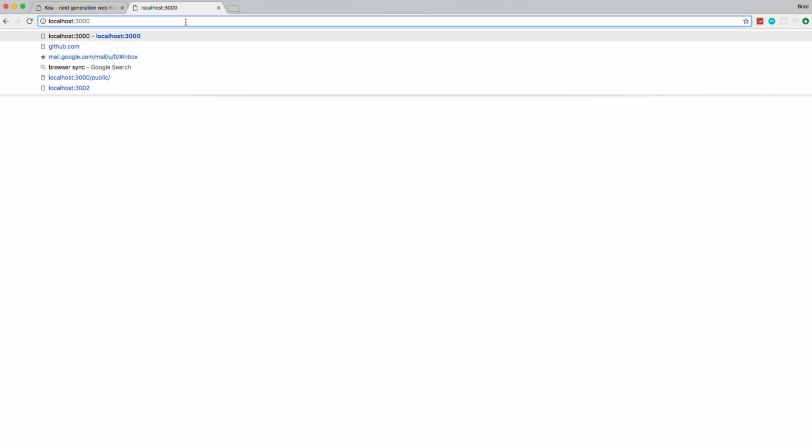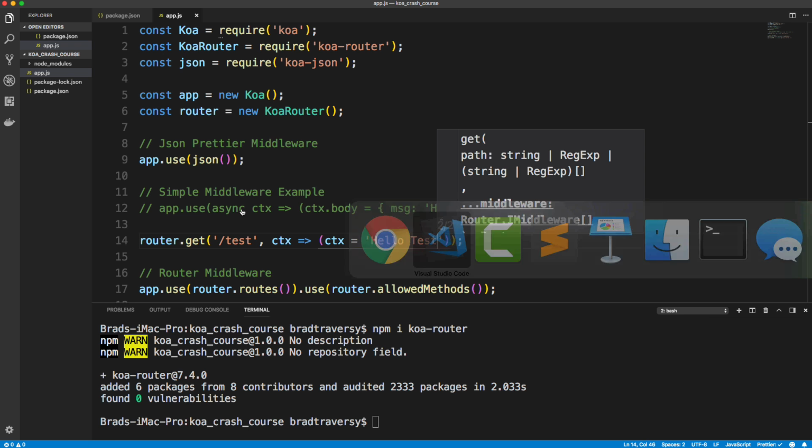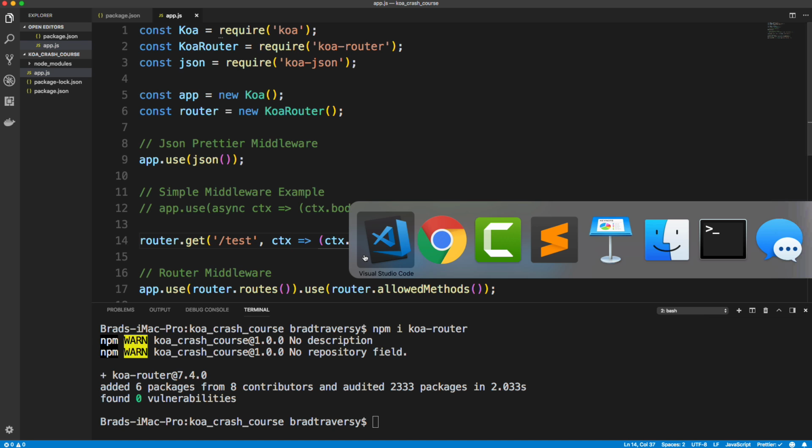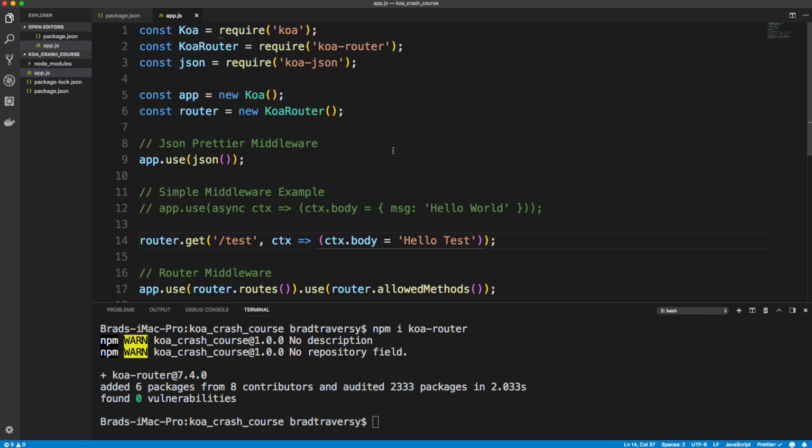So let's say localhost:3000/test, and it didn't work. Why is that? Let's see, router.get test. Oh, I just hit ctx. It needs to be ctx.body. All right, so let's reload and we get hello test. Okay, so simple route. And of course you could do your JSON if you're creating an API,